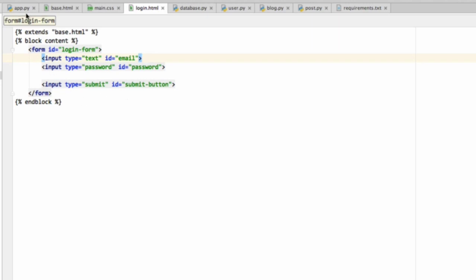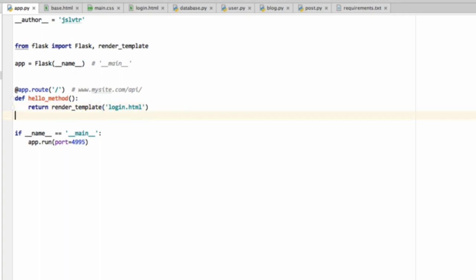So let's go into our app.py and define a new endpoint. So I'm going to say app.route /login. And now this /login is going to get the contents of that form, get the email and password, and log the user in if they are valid. So remember, we have to define a method that will get called when that login endpoint gets reached. And in this login user method, I'm going to say